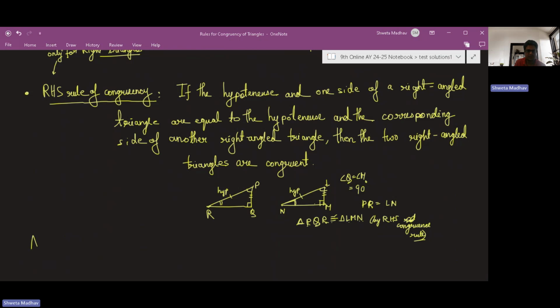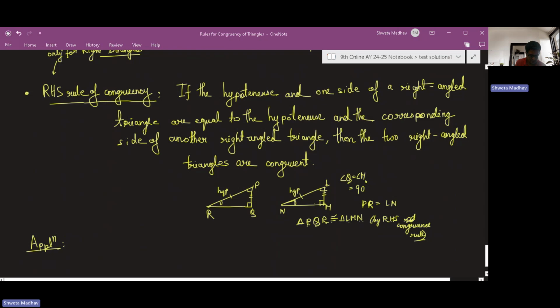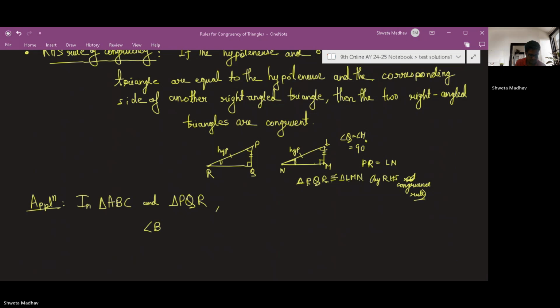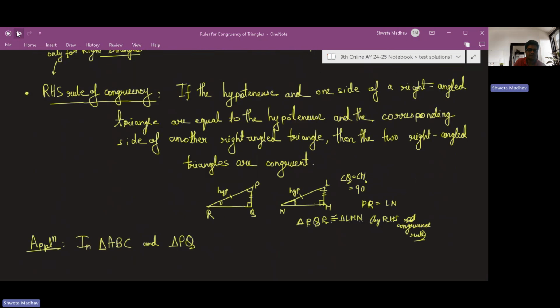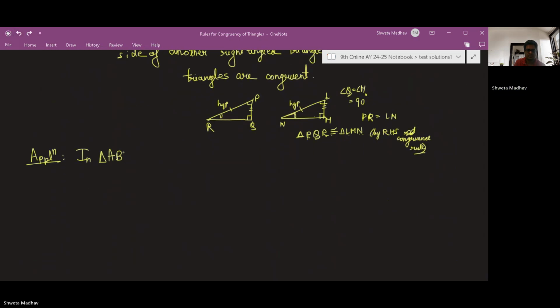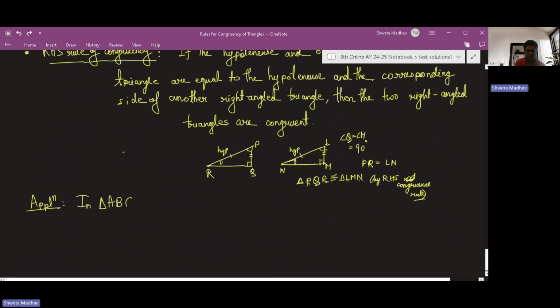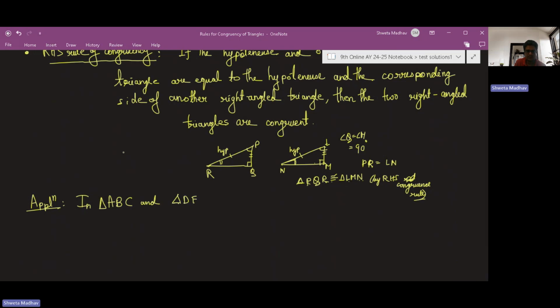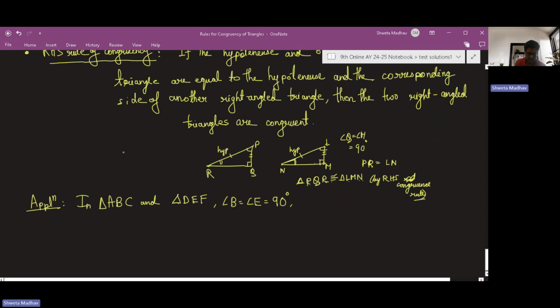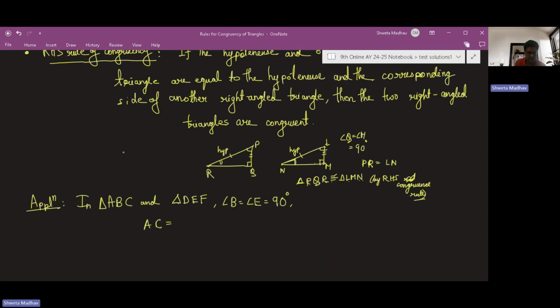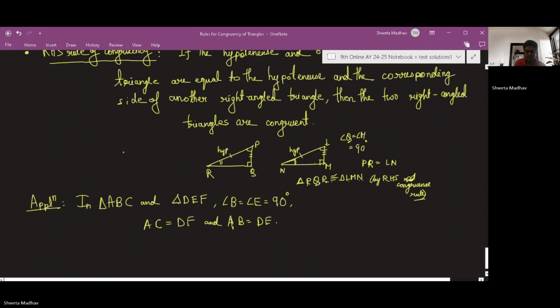So we can understand this rule, the RHS rule, by using one application. Suppose it is told that in triangle ABC and triangle DEF, angle B equals angle E, which is given as 90 degrees. And it is also told AC is equal to DF, and AB is equal to DE. Then we have to prove that,